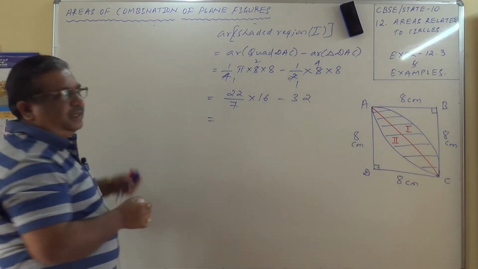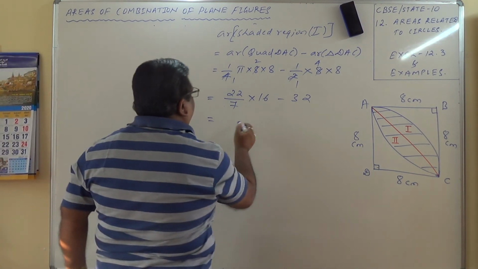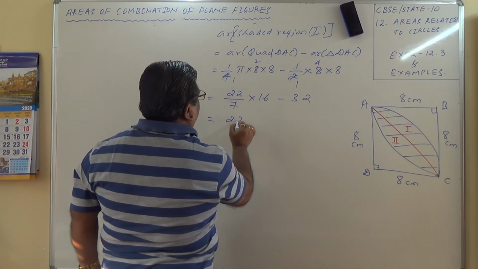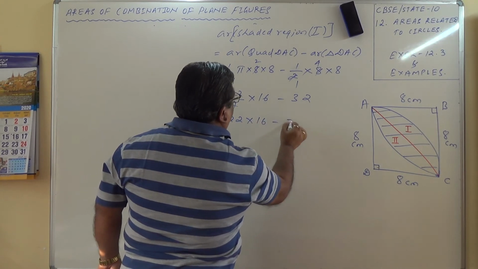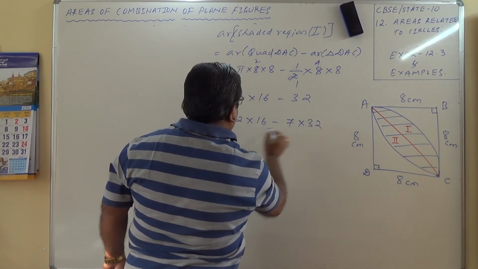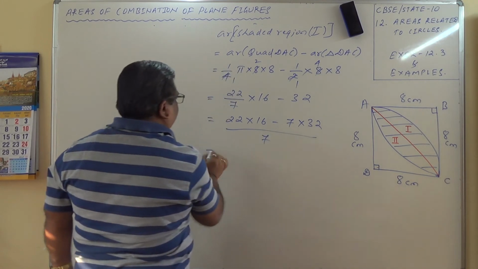So we will take the LCM now. 7: 22 into 16 minus 7 into 32, divided by 7, which is equal to